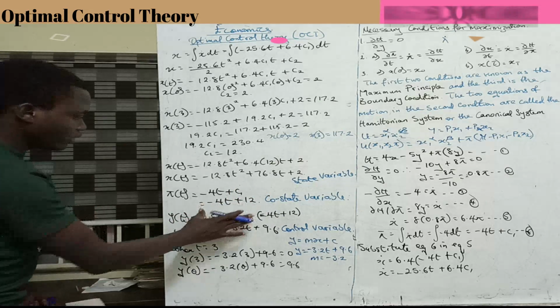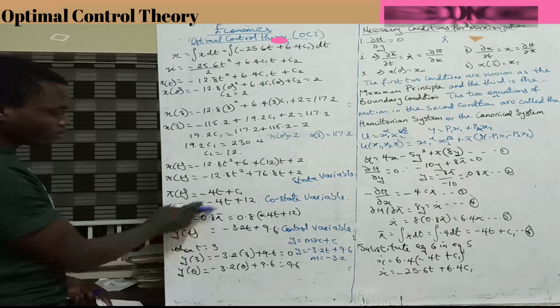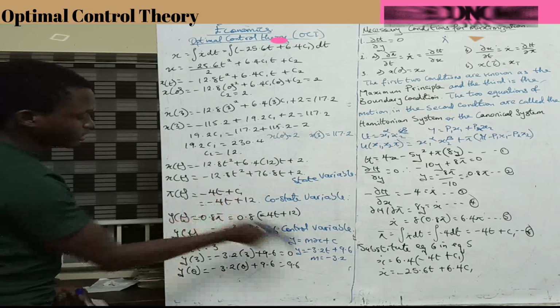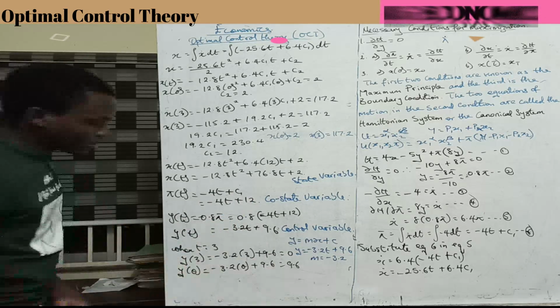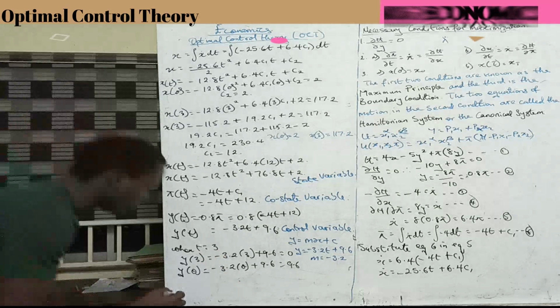Okay, we also have the slope of the constant variable, which is minus 4. So minus 4t plus 12. Minus 4 is m, t is x, whatever, and 12 is a constant. So it depends on the question that you're asked. So from here, what can we conclude? We say that the